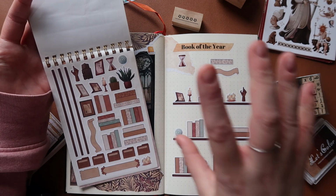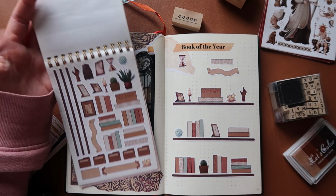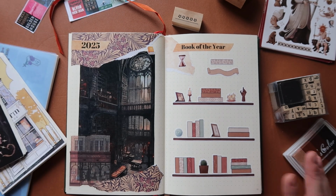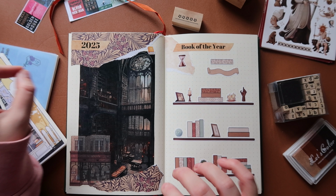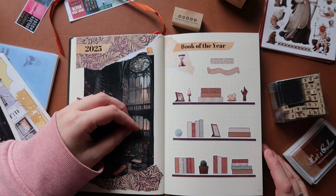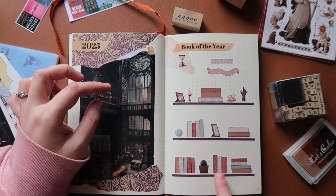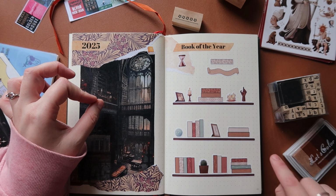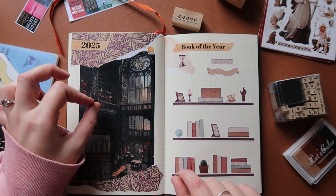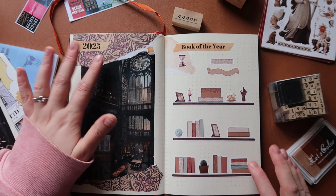It has some shelf stickers and then the book stickers and all the little details that you can add here. And when I calculated, I don't think this was the intention behind those stickers. Maybe it's just a happy coincidence. But first, I found the 12 books. So these would be my books of the month. Then I have 6 books. So between 2, I will choose 1, and then I have 3, and then I have 1 book of the